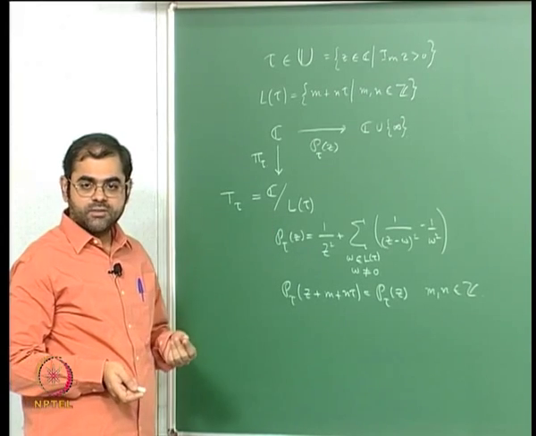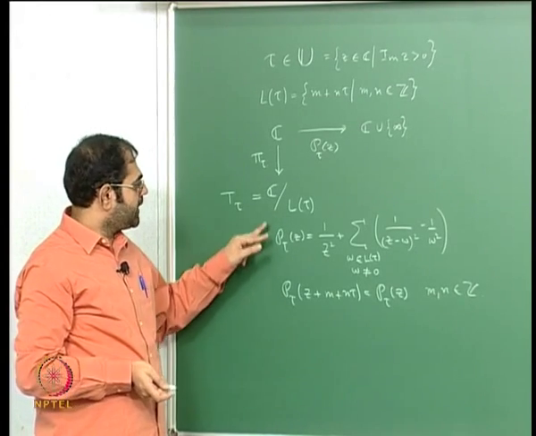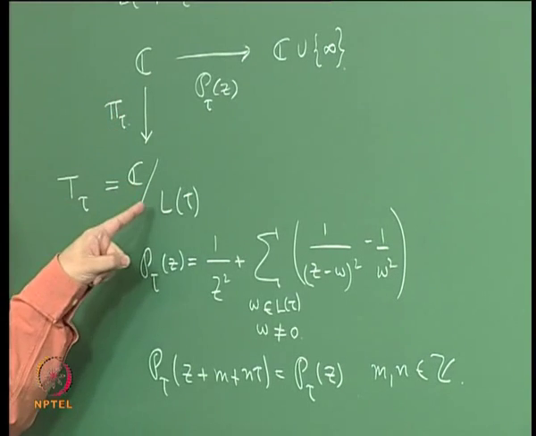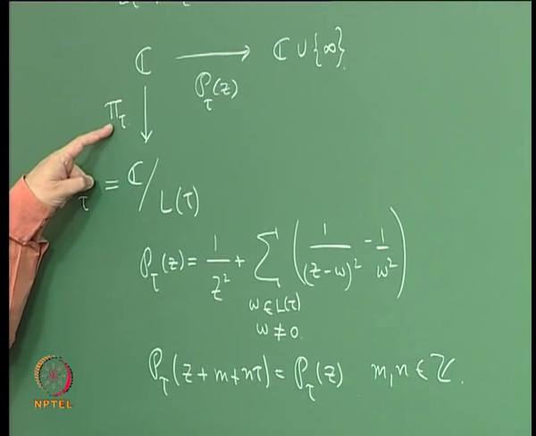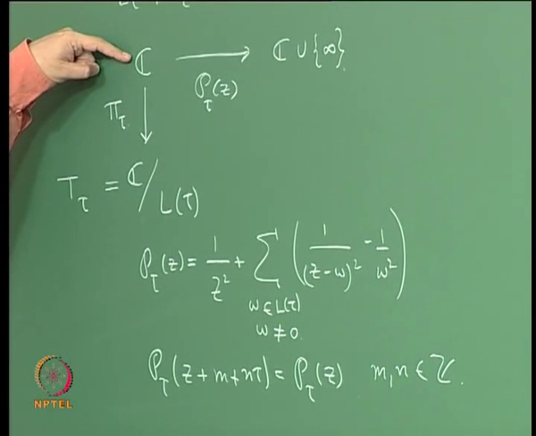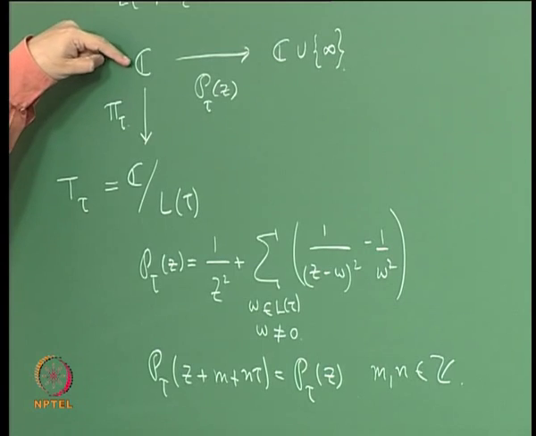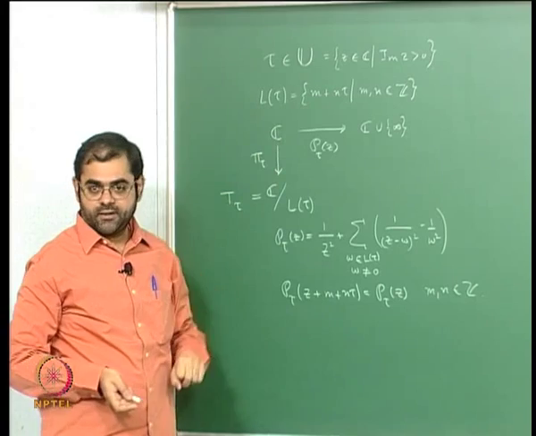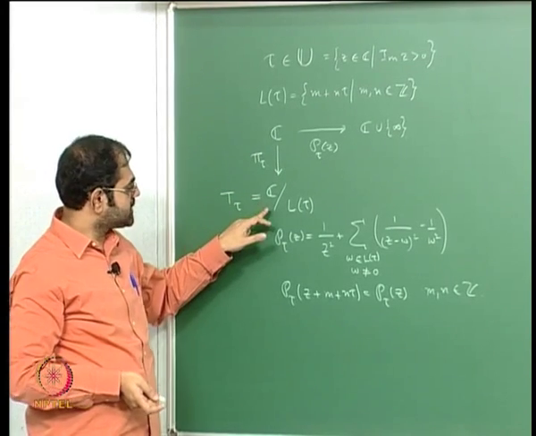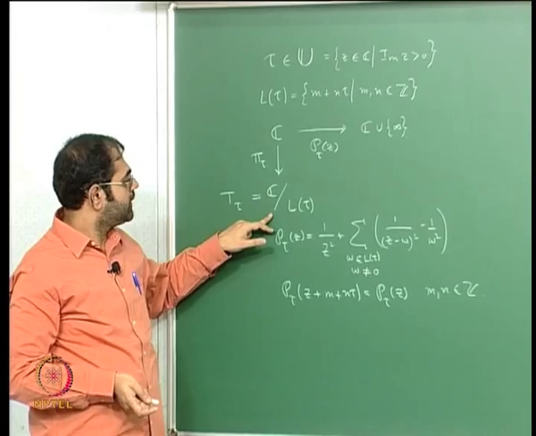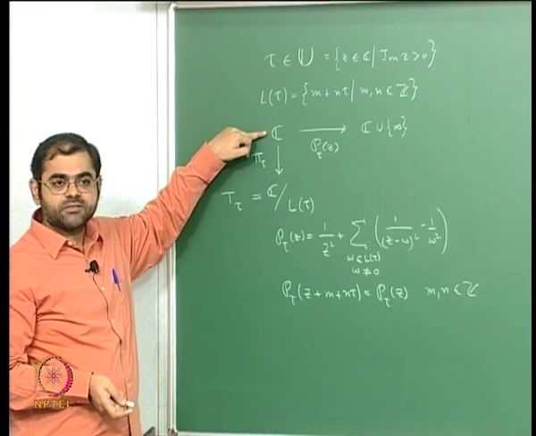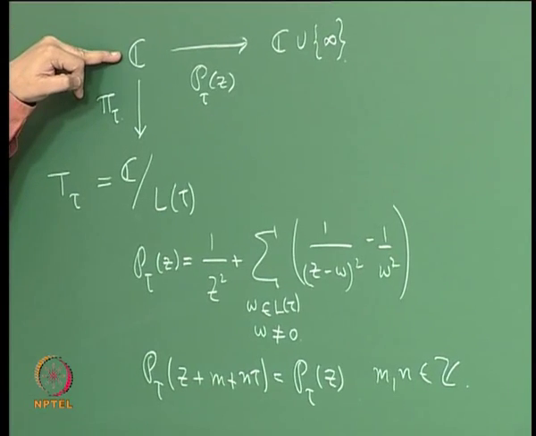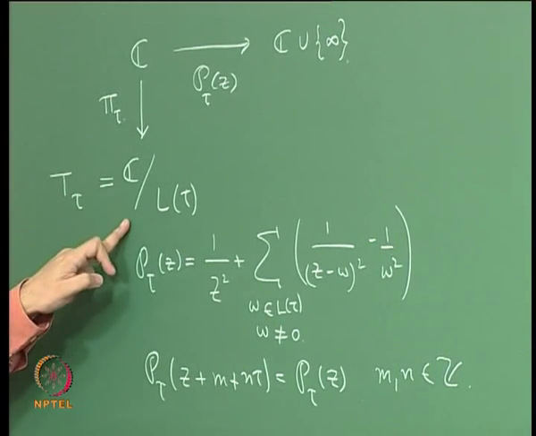Therefore we had to allow poles, and then we realized that if you have such a function defined here and compose it with pi tau, you will get a function on top. That function has to be periodic with periods 1 and tau. So functions on the torus will give rise to functions on the complex plane which are doubly periodic. And conversely, a doubly periodic function on the complex plane with periods 1 and tau will define a function on the torus.